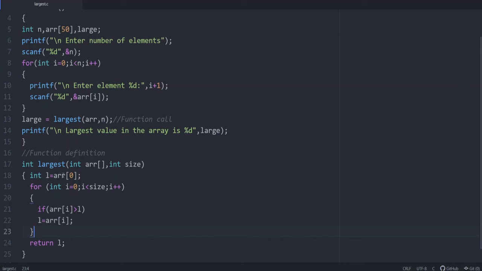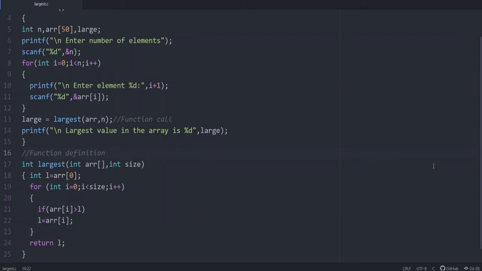First, you need a variable, say S or small, and the first value is initialized like S is equal to ARR of 0. Then whenever ARR of I is less than S, then S is equal to ARR of I. So just by changing that, you will get the smallest element in the array.